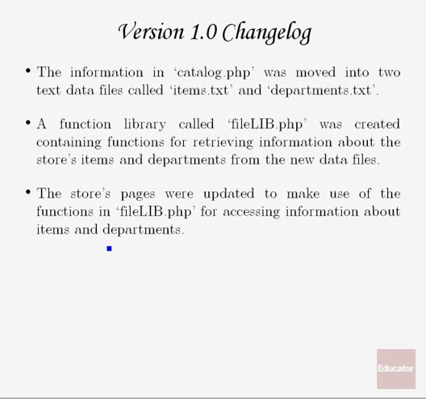So basically what we've had so far in our baseline version of our web application is all of the information stored about the departments and the items in our store in this file, catalog.php. So for example,